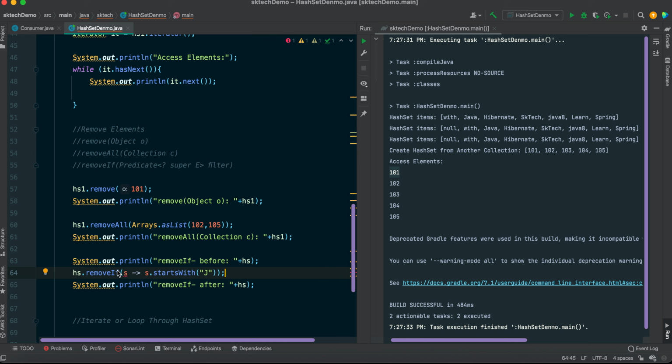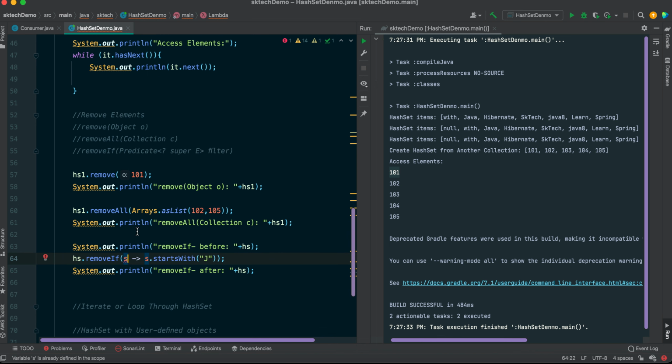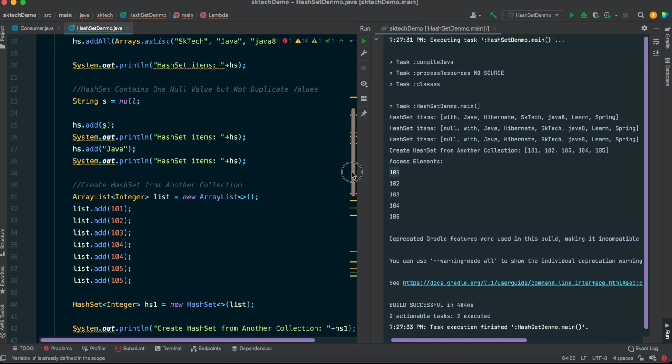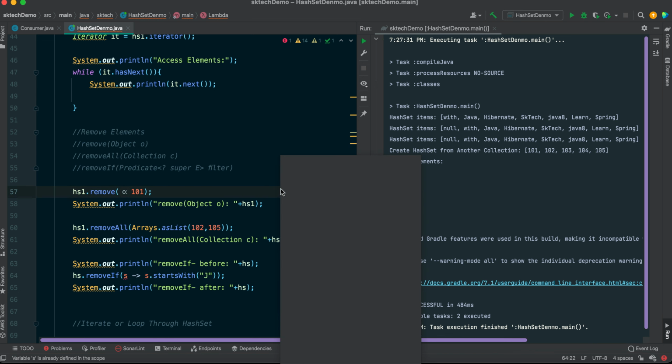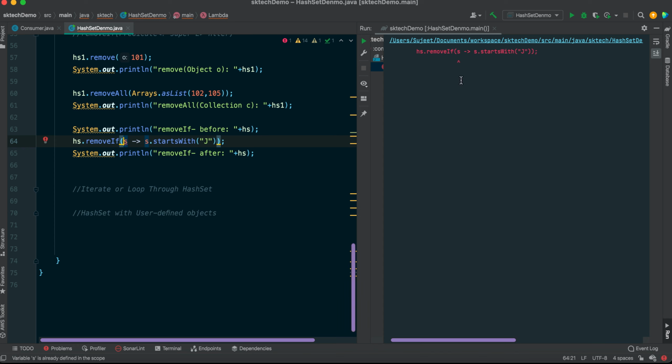Okay, so it's saying s is already defined because we have already used it. So let's try to comment it out, because if you do not comment out this s part, it is going to throw some exception, because this s contains the null value, and that null value is also contained as part of the collection, right? So I will try to demonstrate it here also. Let's try to run this program and see the output. So you will be seeing some exception also. First it is saying this variable is already defined, so let's give a different variable here.